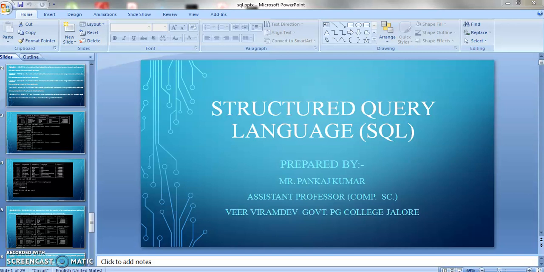So in the previous section we started the various commands and operators in MySQL, and today we will resume our topic, that is various commands and functions in MySQL. And the topic of today's session will be the aggregate functions in MySQL. So today we will study what the various aggregate functions in MySQL are, and we will see the practical demonstration of that.